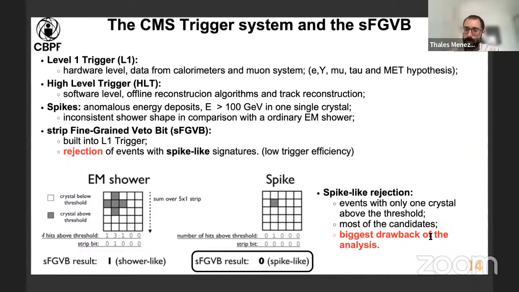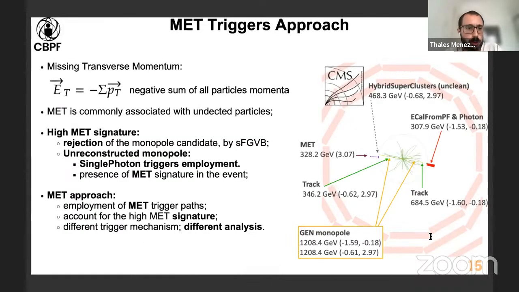But how can we deal with this limitation? How can we overcome this kind of limitation of the analysis? We can use the missing transverse momentum or missing transverse energy of the event. So how can we do this? On the right side, we have a scheme for a pair of monopoles in the detector. On the right side, we have the track, which is properly reconstructed in the ECAL, and you can see the cluster. But on the left side, we have a lost monopole, a monopole that is not reconstructed in the ECAL. And if we are losing, not reconstructing a particle that is part of the process, part of the collision, for instance,